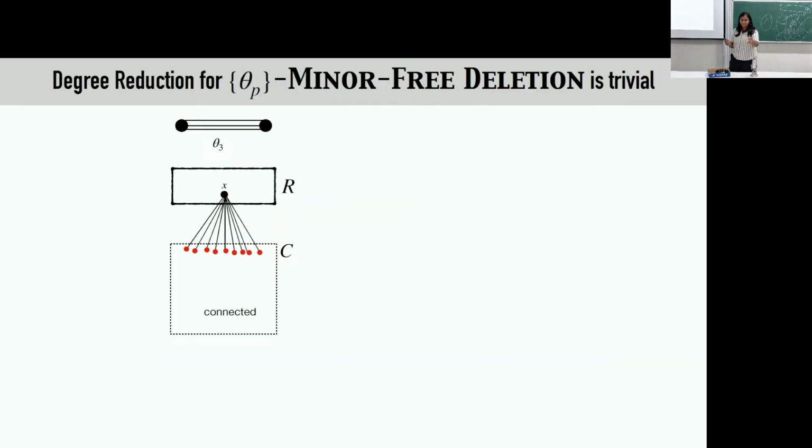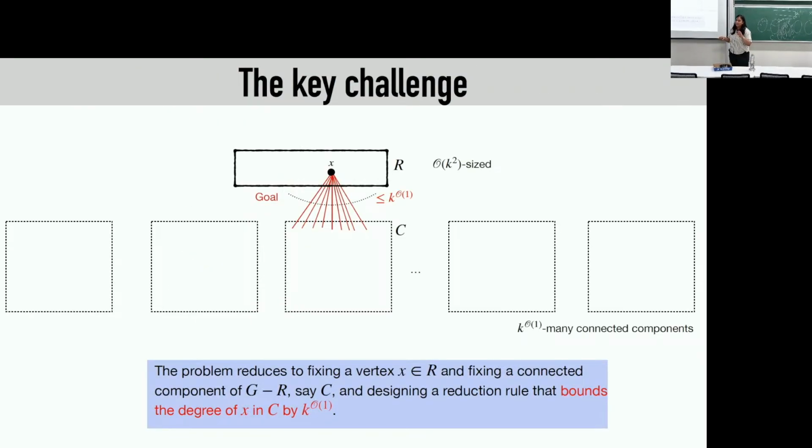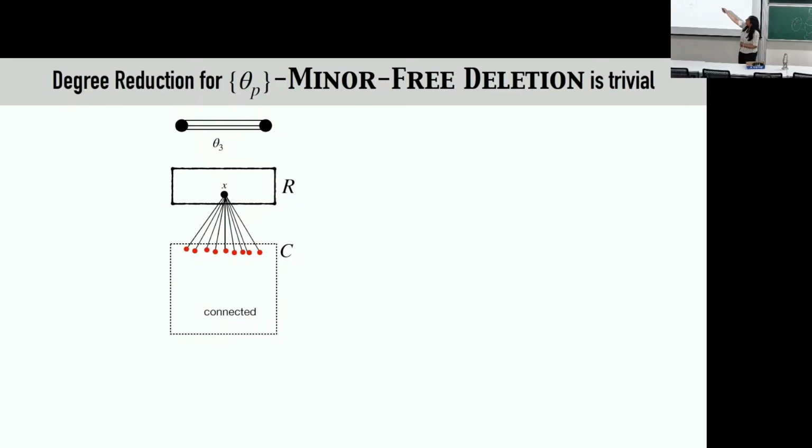Okay. So now degree reduction, right? Degree reduction is all we want to do. And now I just want to show you that if I was doing theta p minor free deletion instead of K2p, why degree reduction is trivial, or rather the degree is already reduced. I don't have to do it. Let me try to convince you why. And here we'll see the power of a one redundant solution, like why it's good to start with one redundant solutions. So if I was doing theta p deletion, if you had a vertex x, let's say if the degree of x inside a connected component was at least p,